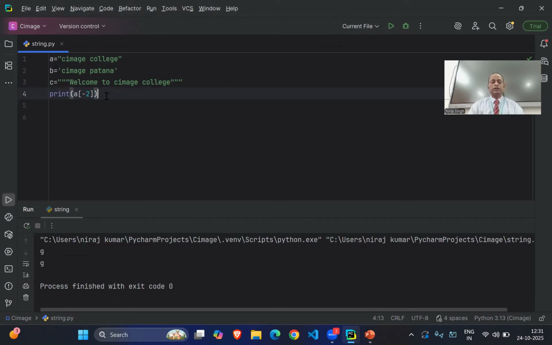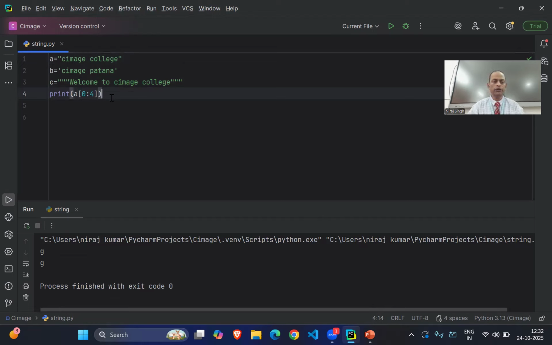Also, we can display a substring, a part of the string. For example, I just want to display the first four characters. For this, I need to write the start position, which is 0, and thereafter a colon, and the end position, that is 4, so the first, second, third, fourth characters.